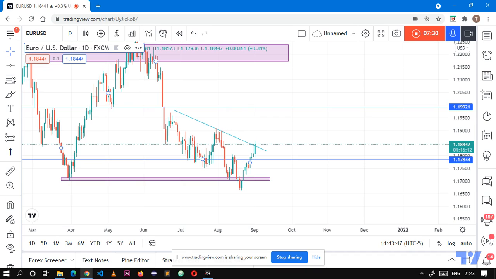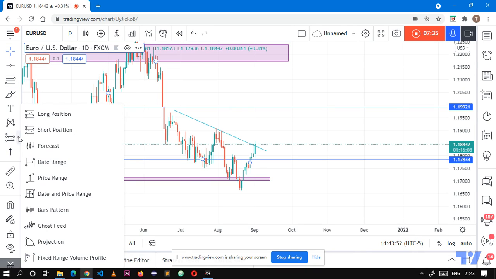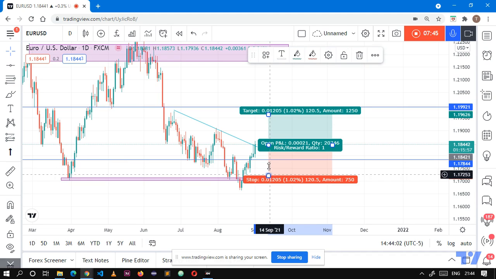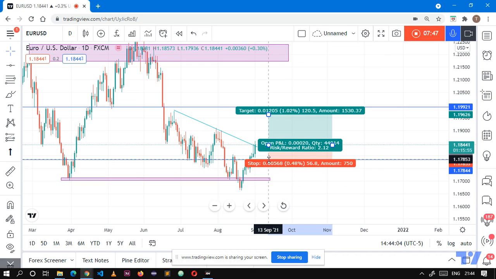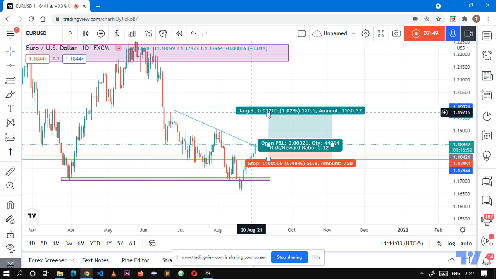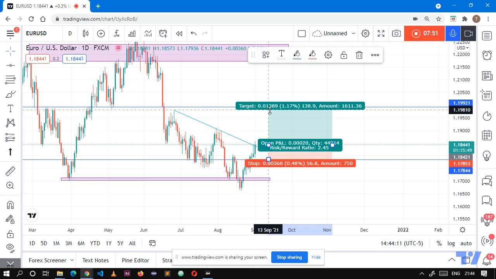So when we take out our risk reward tool, long position, let's just put it here. So this is where my stop loss would potentially be, and this is where my take profit would potentially be,